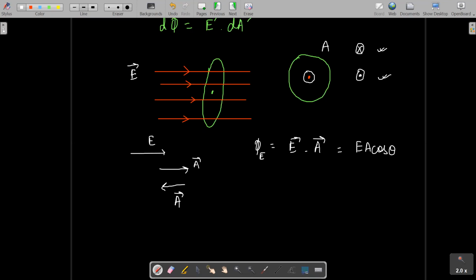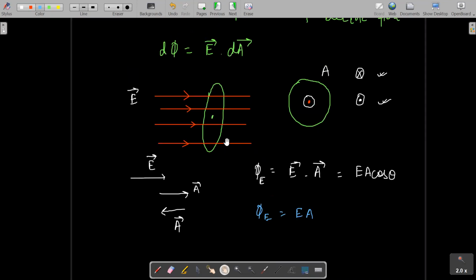If the angle between electric field and area vector is 0 degrees, what will that mean, students? The value of theta will be 0, which means cos theta, cos 0, will equal 1. So we say take the direction which is more convenient to use. Here in this problem, the electric flux will be E into A simply, because we have taken theta as 0 degrees. So this is a simple revision for electric flux.